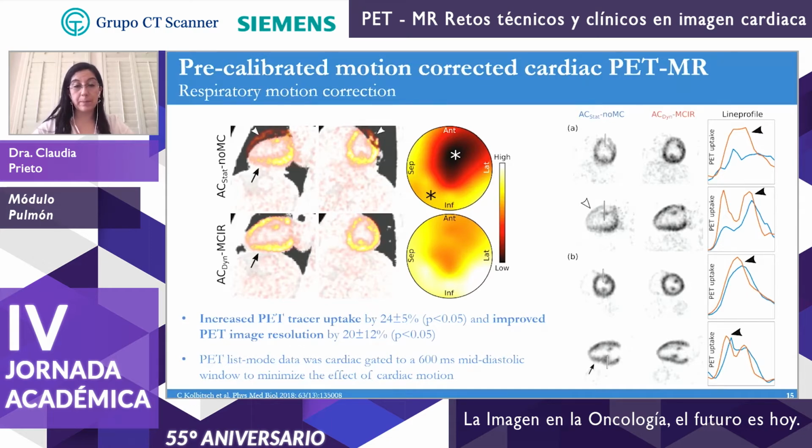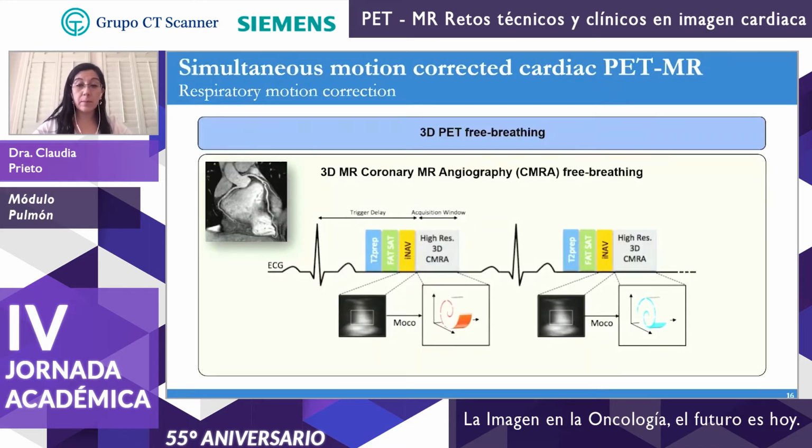with respect to the reconstruction with no motion correction and a static attenuation correction map. Now, as mentioned before, the pre-calibrated approaches generate motion models from MR data that was acquired at the beginning of the acquisition. However, the diagnostic MR data still needs to be acquired afterwards. Simultaneous approaches, on the other hand, aim to acquire diagnostic PET and MR data simultaneously, correcting for motion for